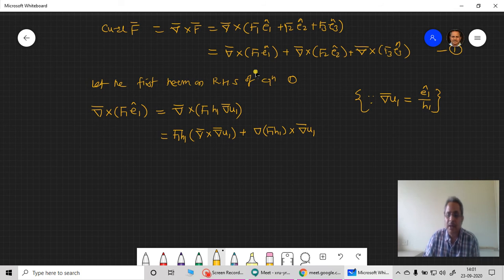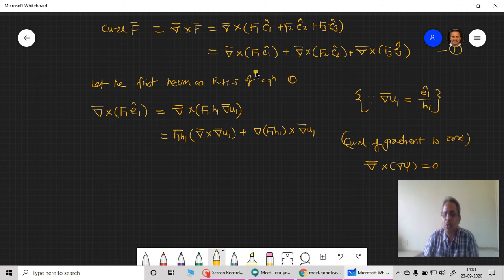Now in last year you have written one identity, that is curl of gradient. Curl of gradient is 0. This identity you have studied in the last year. So del bar cross del psi is equal to 0. This type of identity comes here, okay. So the first term here is found to be...